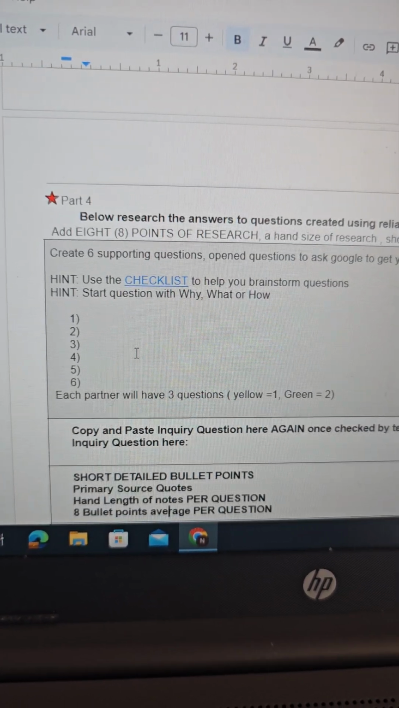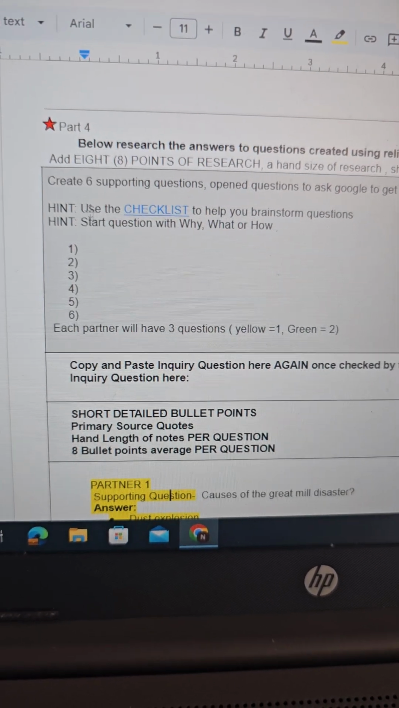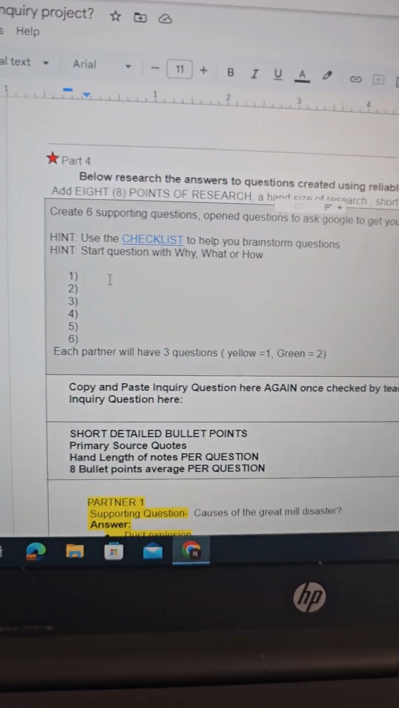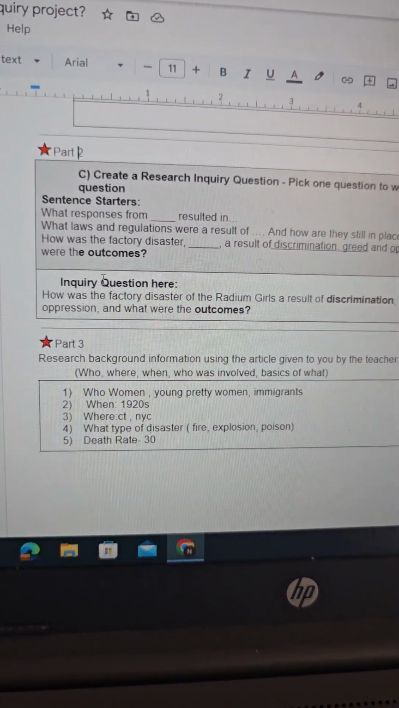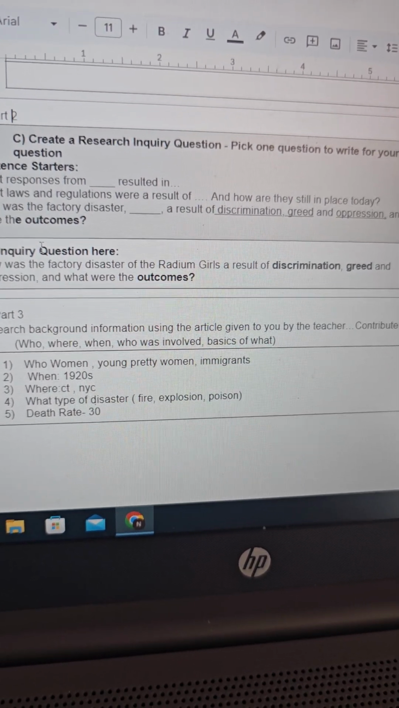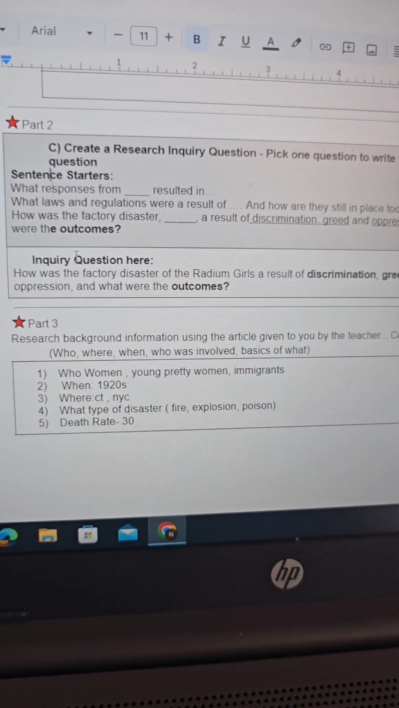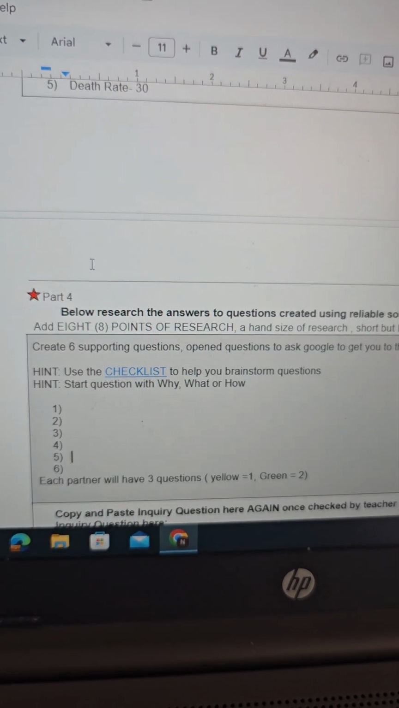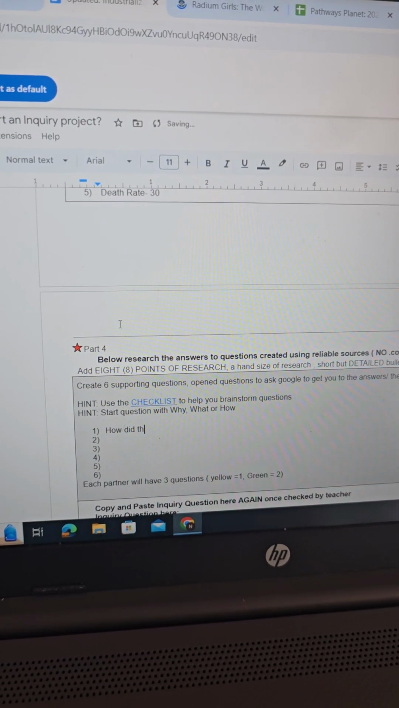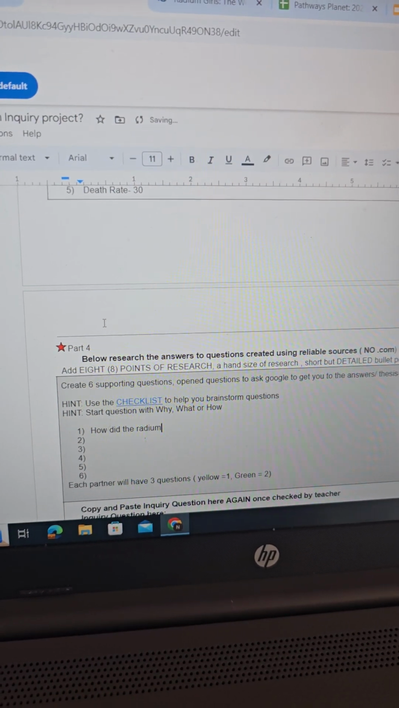Then the first graded portion comes. And this is creating supporting questions. Now, as I mentioned, in your big question, there are many aspects you have to cover in your project: discrimination, greed, and outcomes. That's where your supporting questions come in. So you could say, how did the Radium Girls